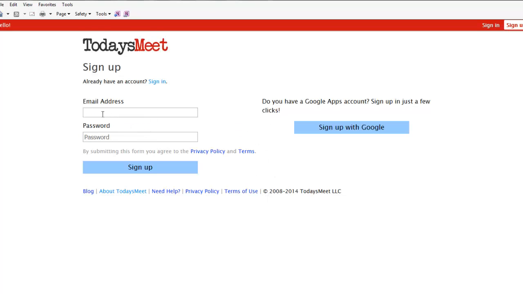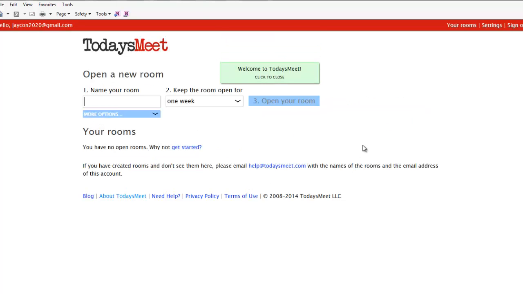So I would encourage you to use your Sherryland email address, but since I already have one for my Sherryland email address, I'm just going to use my Gmail account and set a password and then sign up. And so right away it's going to take you to the room naming part